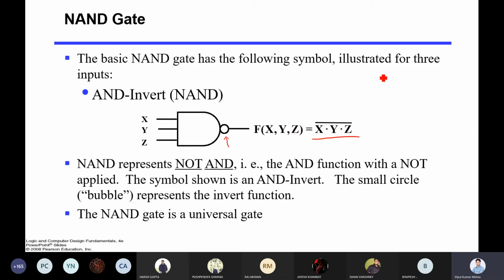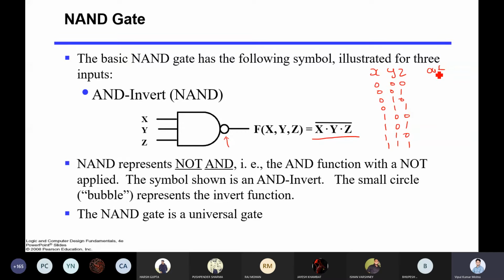Suppose I want to make a truth table for NAND gate. So let me take, okay, here we have x, y and z. Let me take all three values and the output, let me represent with out. So how many values in the truth table? First of all, if you have three inputs, how many combinations will there be? 8 combinations. 0 0 0, 0 0 1, 0 1 0, 0 1 1, then 1 0 0, 1 0 1, 1 1 0, 1 1 1. Did I miss any? No. Now you can say output.